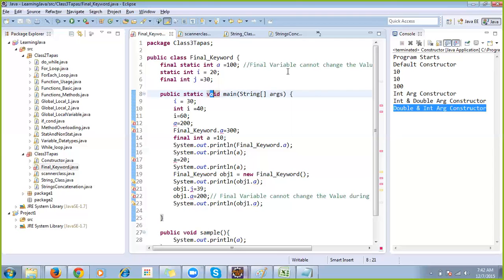Now a is equal to 200. Here we have final static int a is equal to 100. We have mentioned final, so this value will not change, so it is an error. And FinalKeyword.a is equal to 300, FinalKeyword dot a, this will also throw an error because